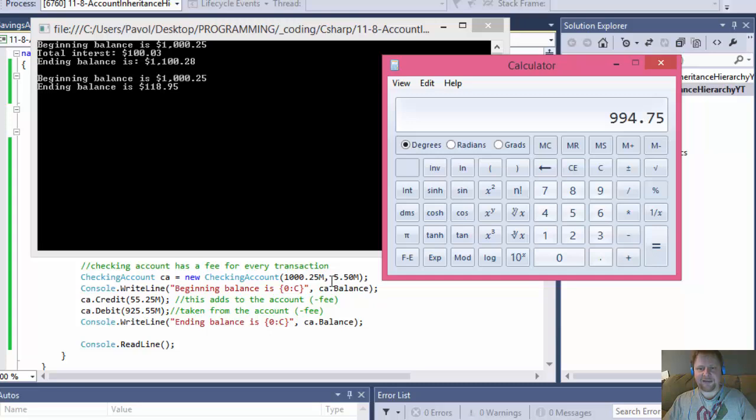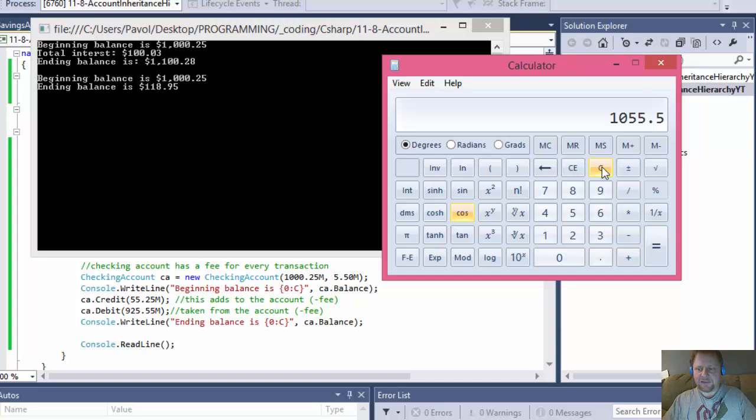Okay, let me try again. This is hard coded, so there are no fees associated with this. This is not a deposit or a credit or a debit. This is simply there already, $1,000.25. So let me try again, $1,000.25, and I add